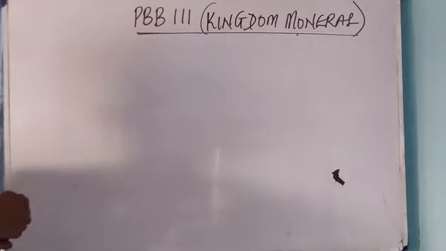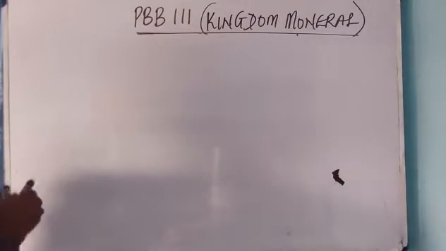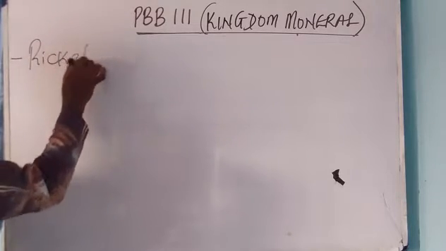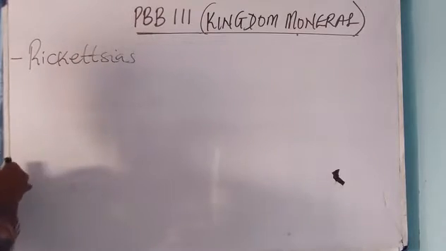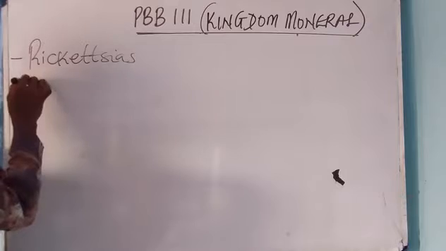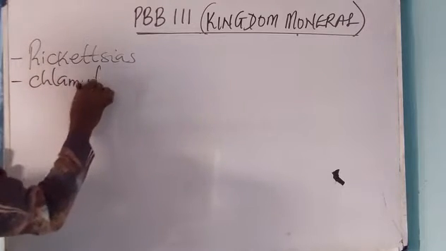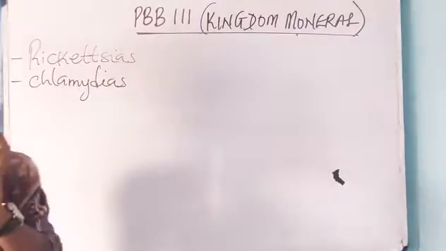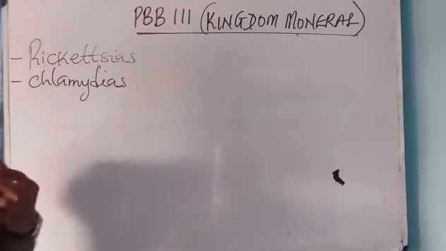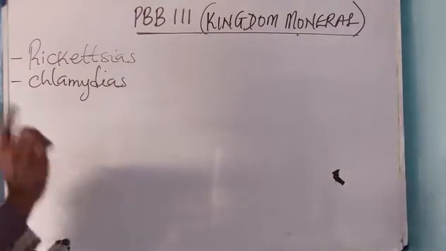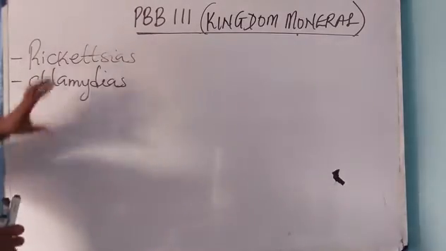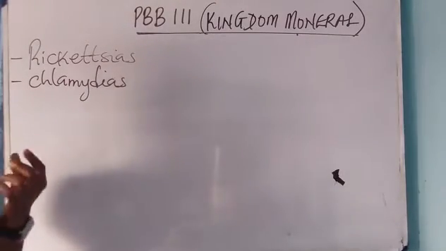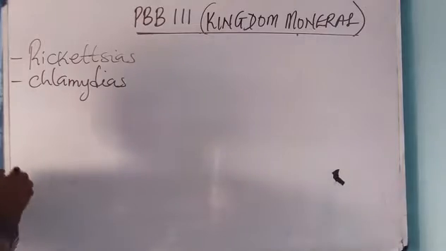Now, two examples of such bacteria are the rickettsias and the chlamydias. The rickettsias and the chlamydias have characteristics that distinguish them from every other what? Bacteria. Now, these two bacteria were once considered as what? Viruses. They were once called viruses because they occur in the